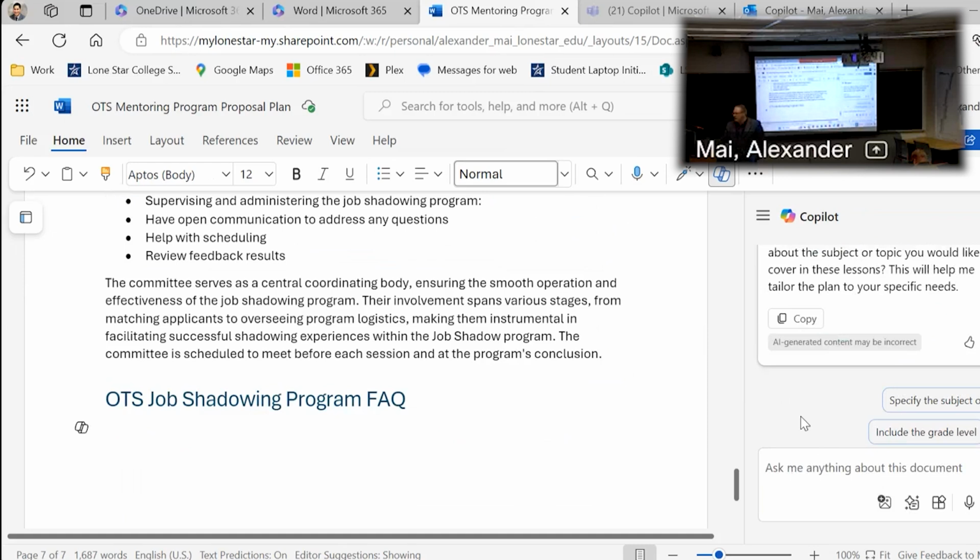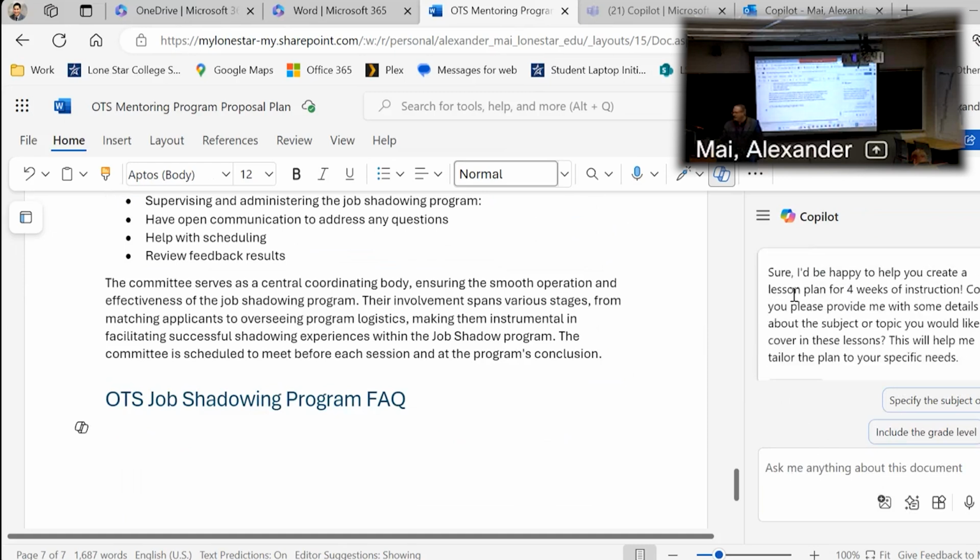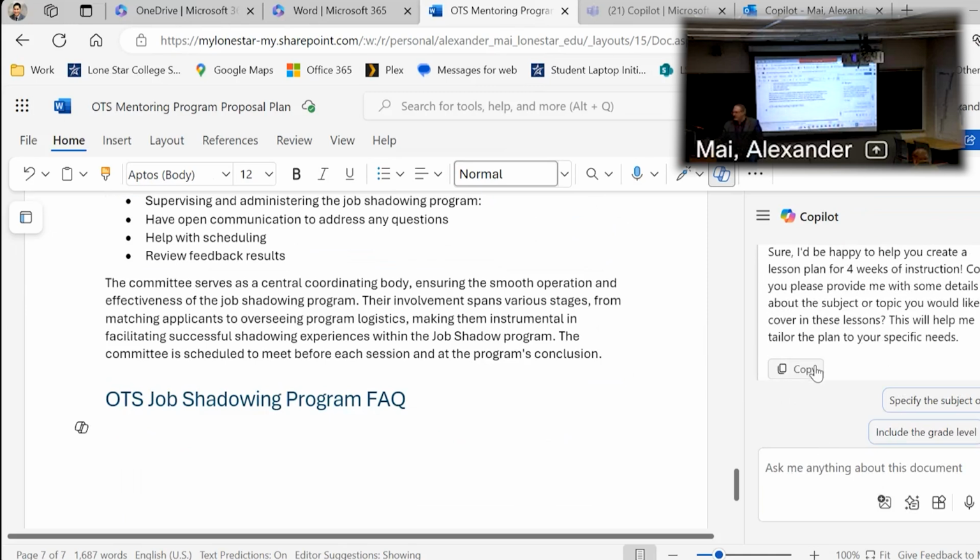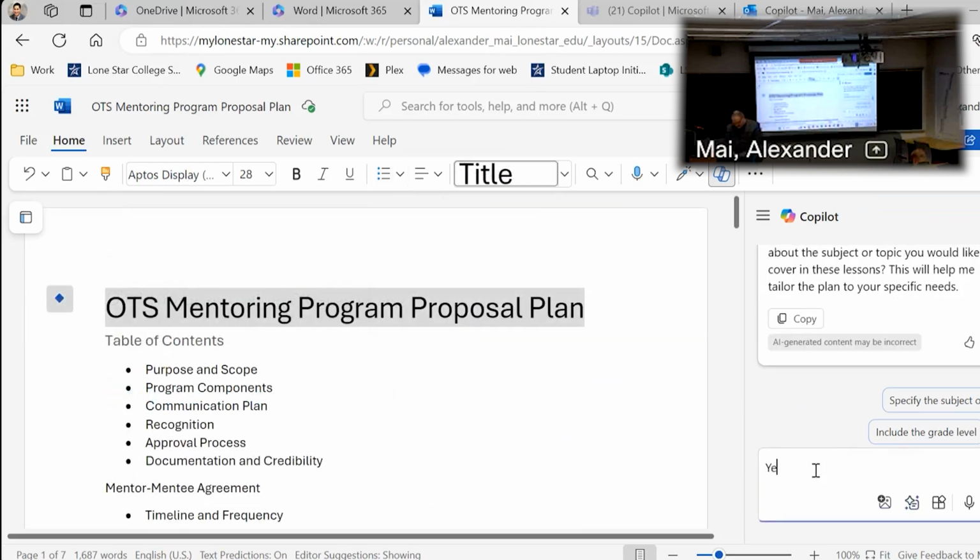Let's see what it said. Sure, I'd be happy to. Could you please provide me some details about the subject? So it's not really noticing that document on the side. So what I'm going to do is I'm going to, yes, use the,